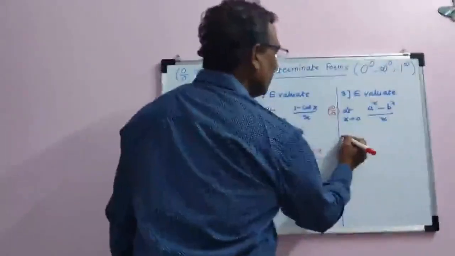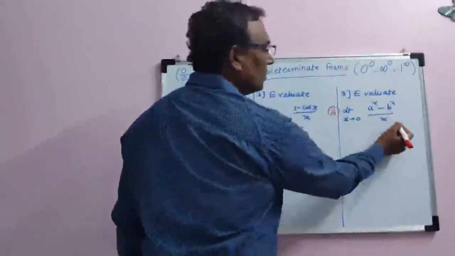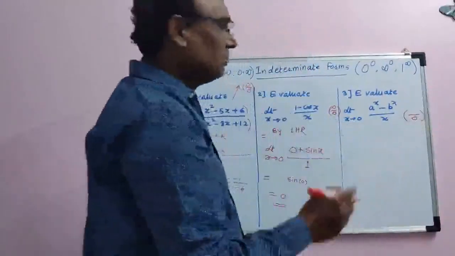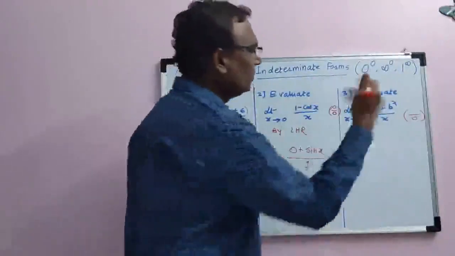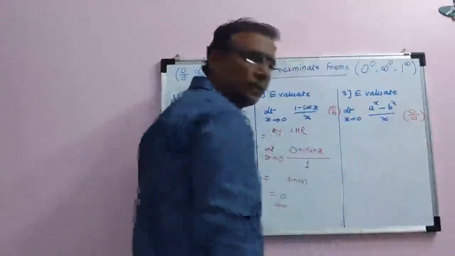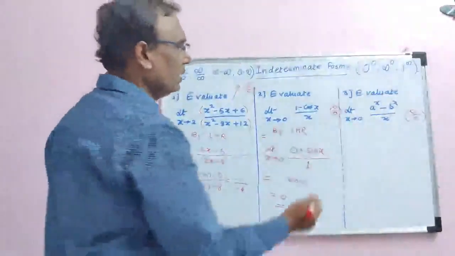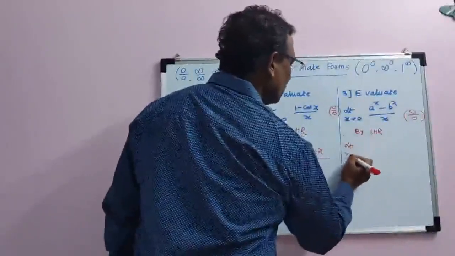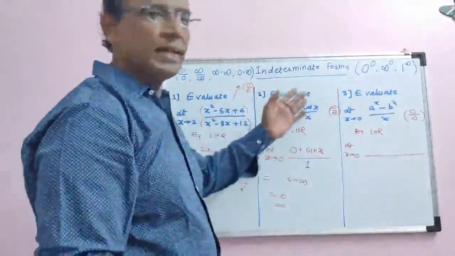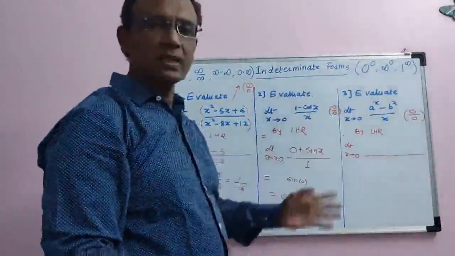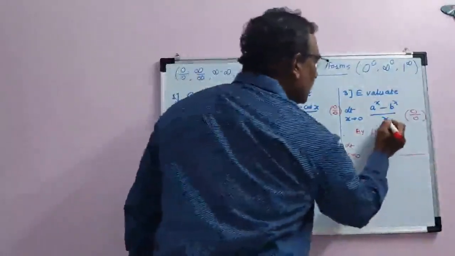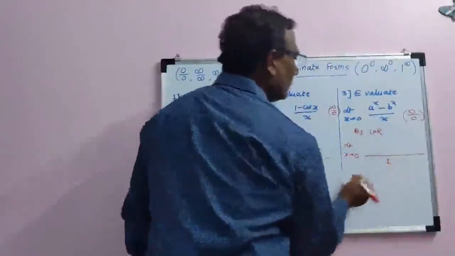Now similarly, here if you put x equal to 0, the denominator is going to become 0. And what did I tell you? If the denominator is going to become 0, then the numerator will be 0, you can directly write. Okay, no need to check even. Now by L'Hospital rule, limit x tends to 0. Or you can use the formula that limit of a raised to x minus 1 by x is log of a. That formula can be used. It is your choice. The derivative of x is 1.